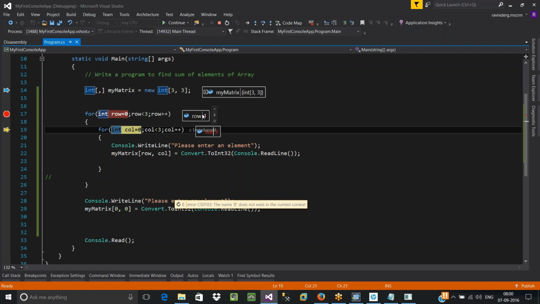So now we are at row 1. Row 1 means second row. Within the second row, again you need to navigate between all the locations. Thus again the column will be reset back to 0, because again within the second row you need to start from the first column. The first column is available at the 0th position. So again the column will be reset back to 0. See, column is 0.